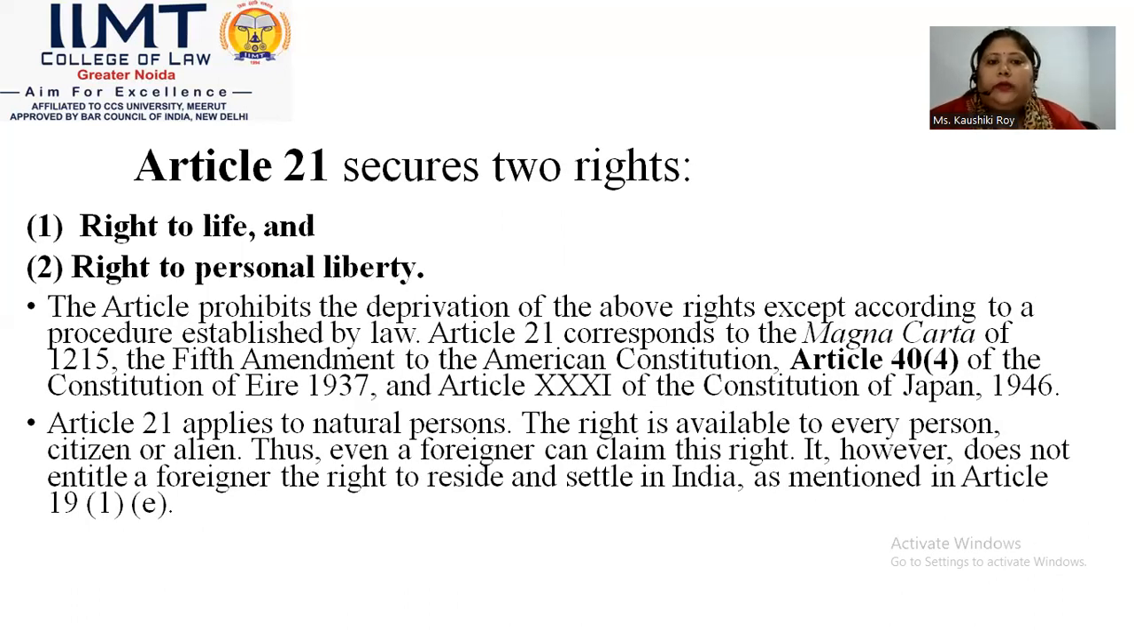Article 21 secures two rights basically. The first right is the right to life and the second one is the right to personal liberty. The article prohibits the deprivation of the above rights except according to a procedure established by law. Article 21 corresponds to the Magna Carta of 1215, the Fifth Amendment to the American Constitution,